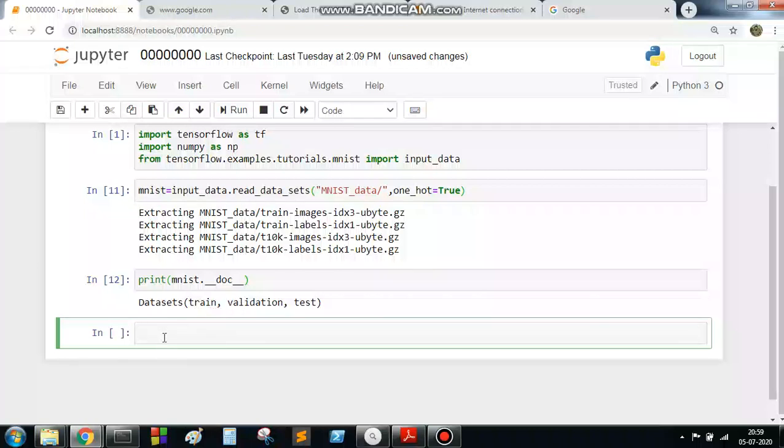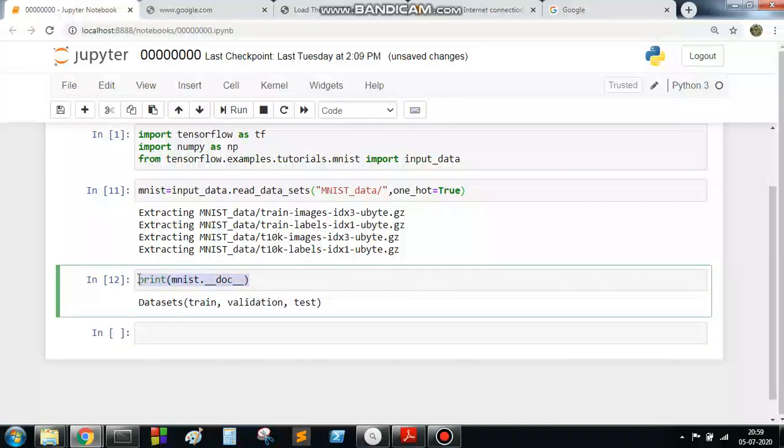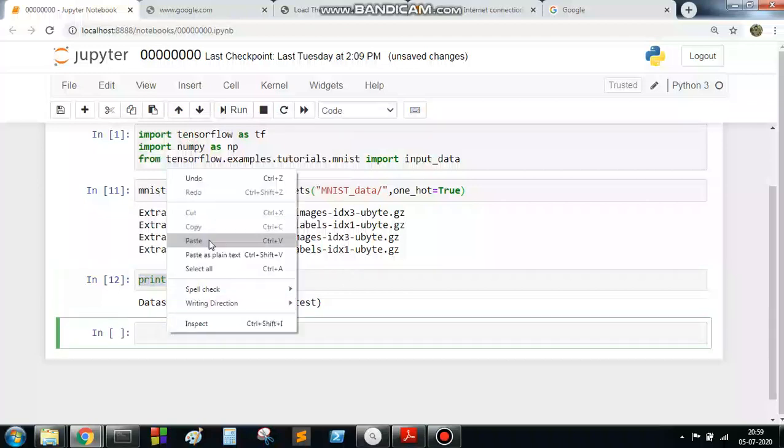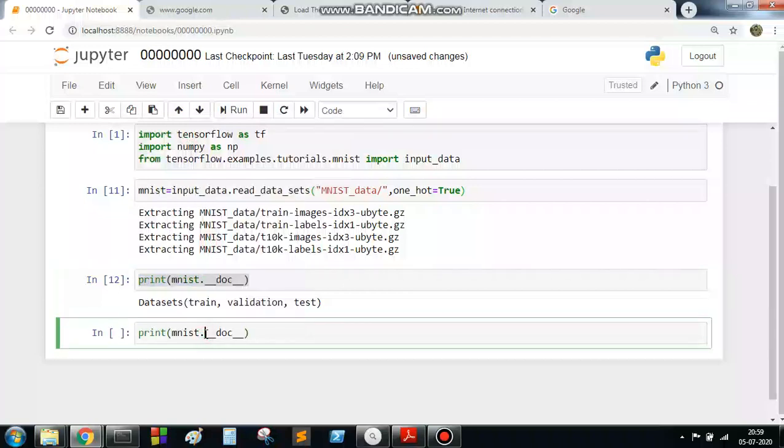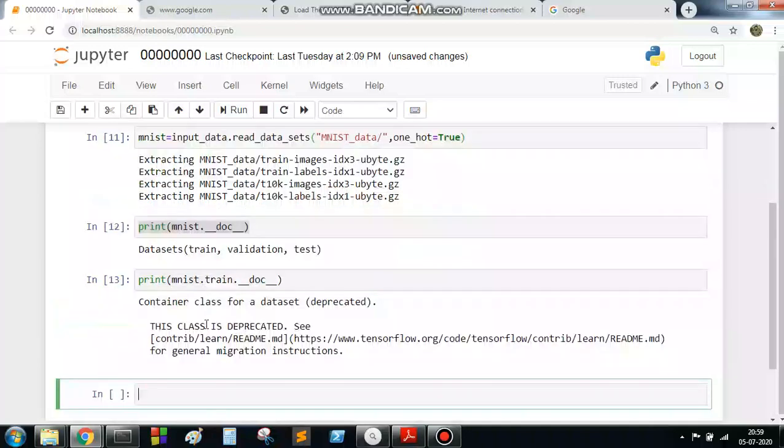If I want to go inside this train data set, I go here to train. You can see the data set here. Oh, so here there is nothing to see actually.